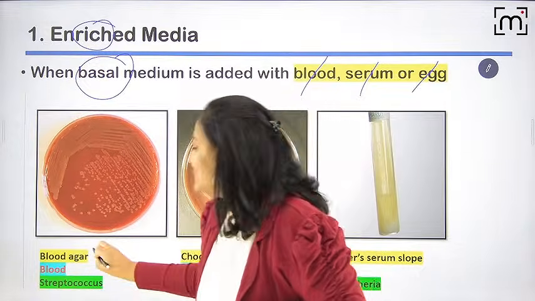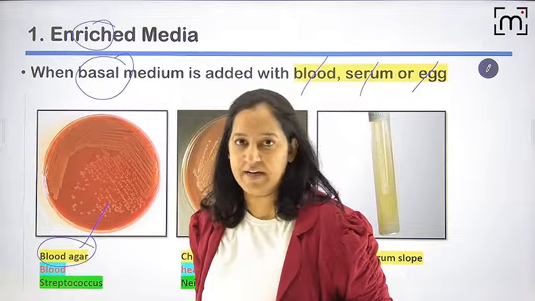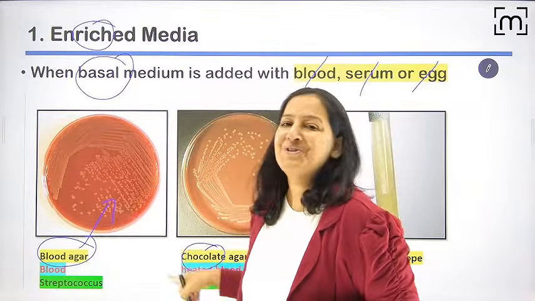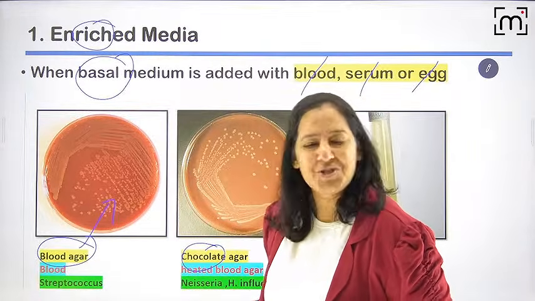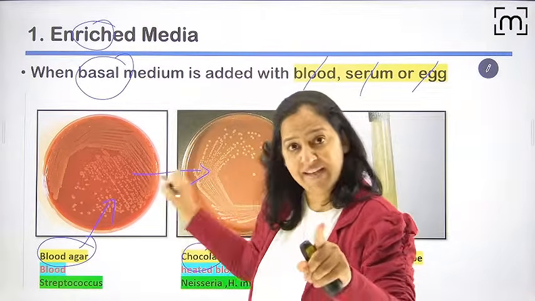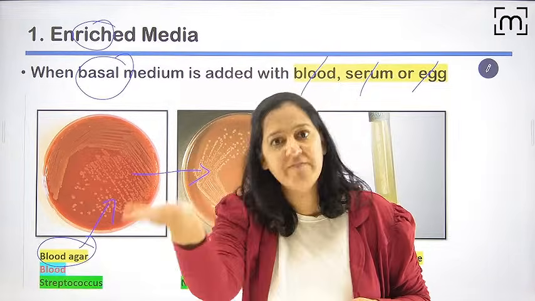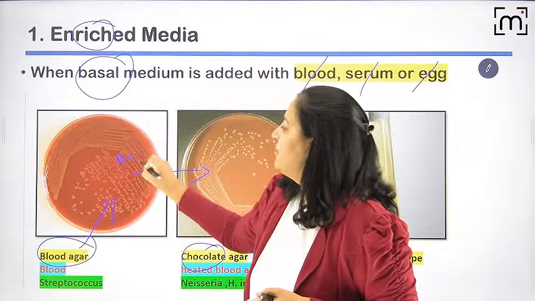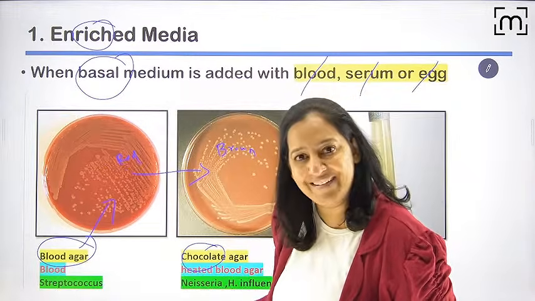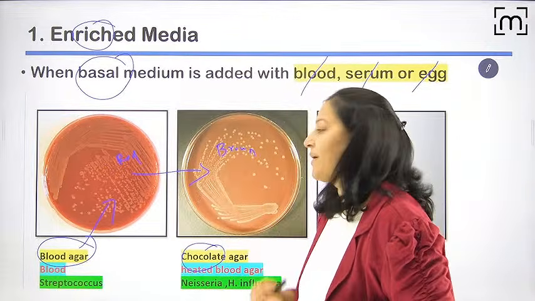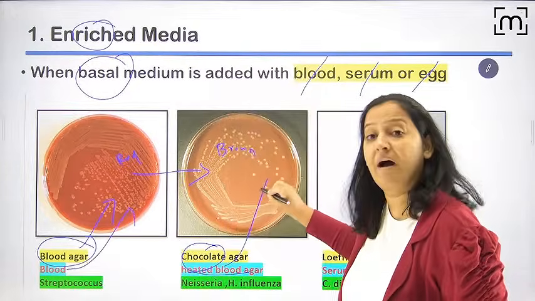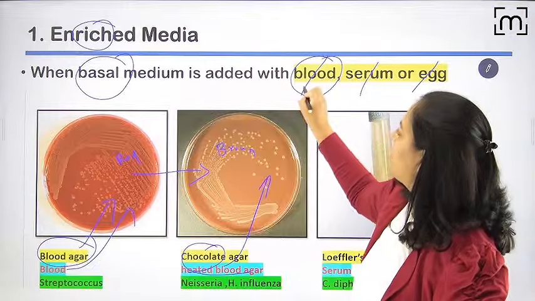Okay, learn the examples, people. This is blood agar containing blood. Blood agar contains blood, so obviously it will become an example. What does chocolate agar contain? Blood agar contains blood. Chocolate agar contains chocolate? No, it's a joke. Chocolate agar doesn't contain chocolate. Then why is it known as chocolate? Because it is heated blood. Once you heat the blood, RBC gets ruptured. The hemoglobin will come out, and the red hemoglobin will convert into brown pigment, the chocolatey color. Have you seen the chocolatey color? So since the color becomes chocolatey, it's known as chocolate agar. So it also contains blood only. This is blood agar and this is heated blood agar.